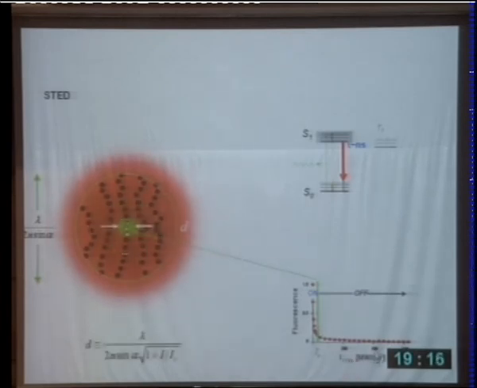So we set up a difference in states, obviously. Here the molecules are allowed to emit. And so we can make the resolution very large by shutting off more molecules. And so d is, of course, given by this inverse square root law, I over I_S. And you can imagine now that the